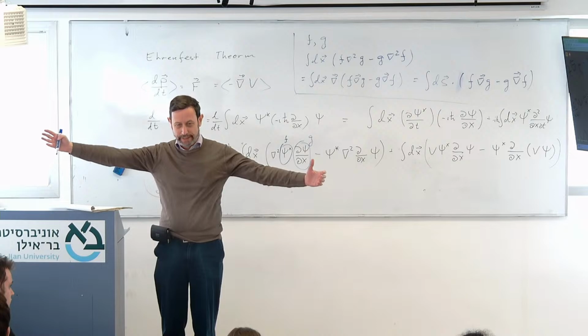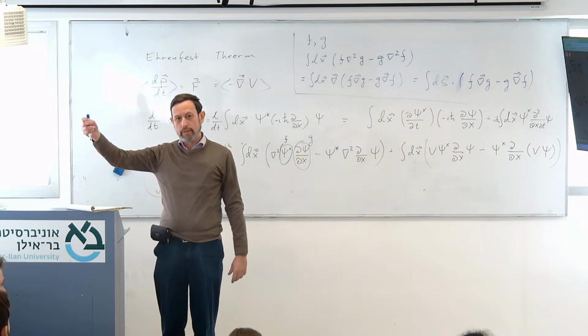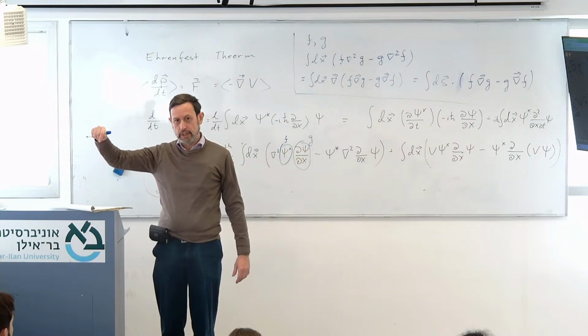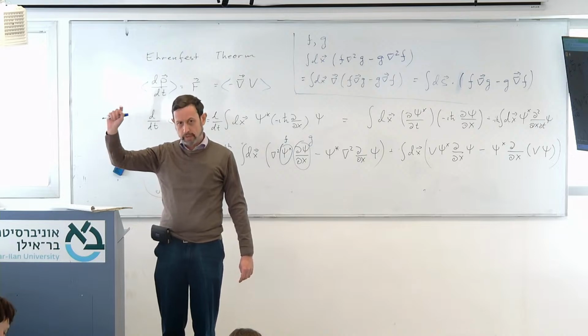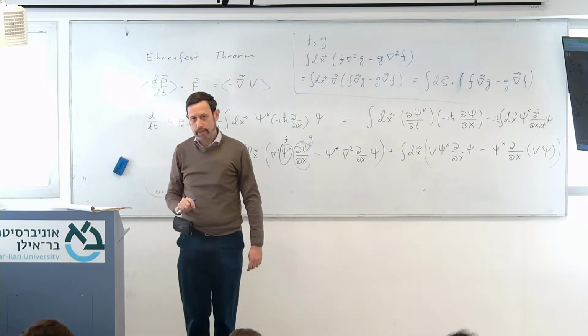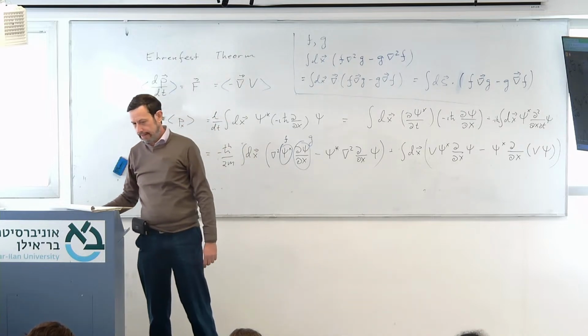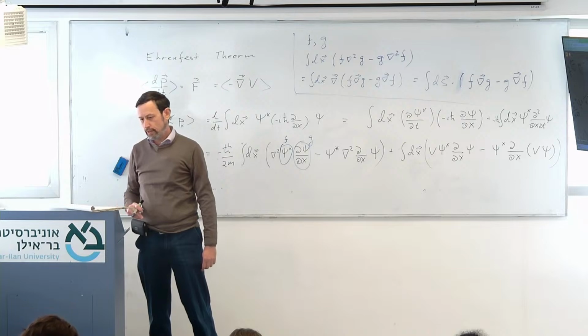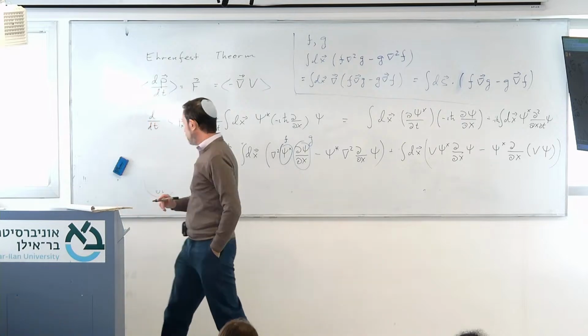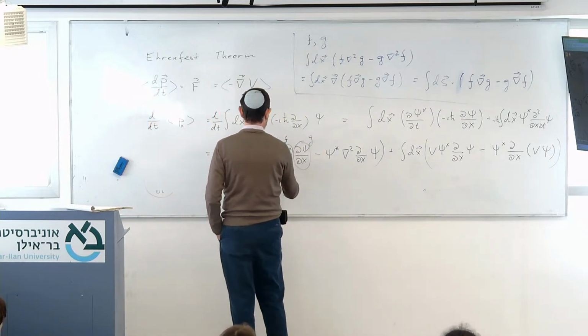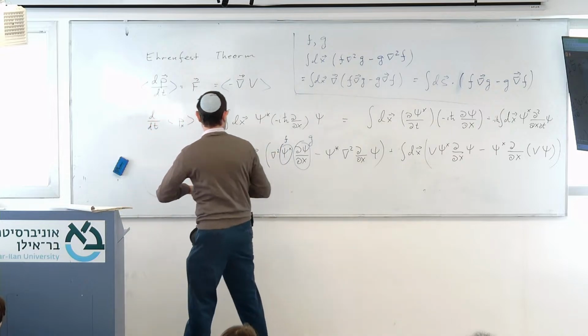No other way. Not only does the wave function have to go to 0, also its derivative has to go to 0. And after that configuration, basically, I can write here